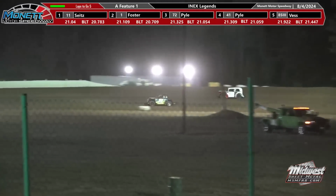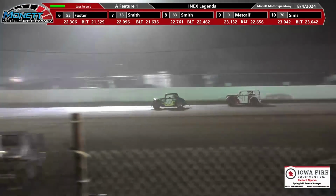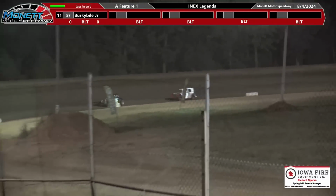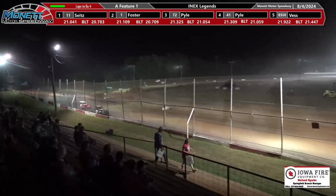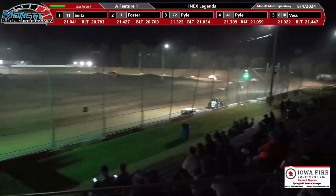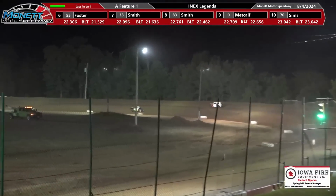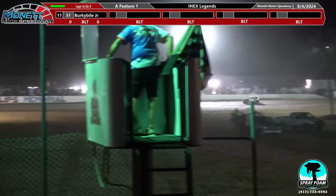I'm trying to watch this run here of fourth place Peyton Pyle. He's got a good run on Evan Pyle. That's going to be for that third spot. Let's see what he does through 1 and 2 here, running that high side. Don't even have to let off. Let's see how his run goes. Not as good that time, but